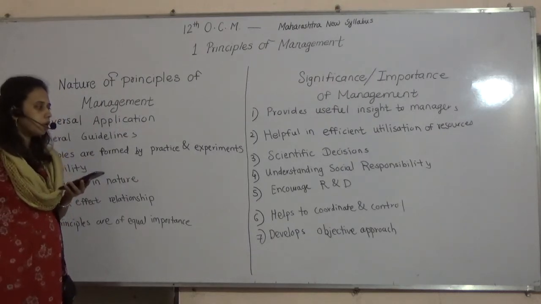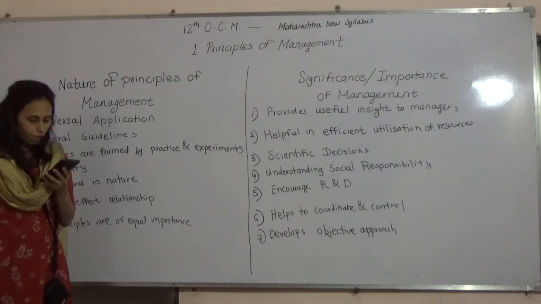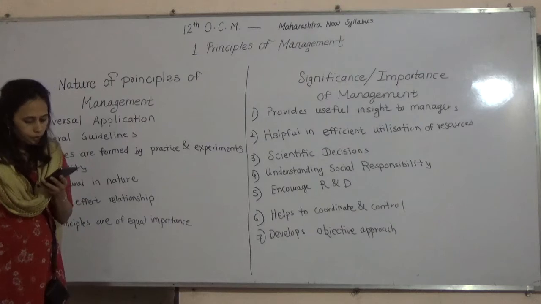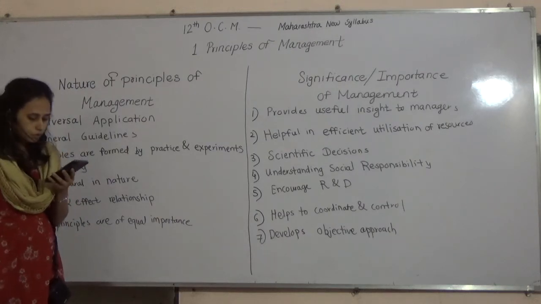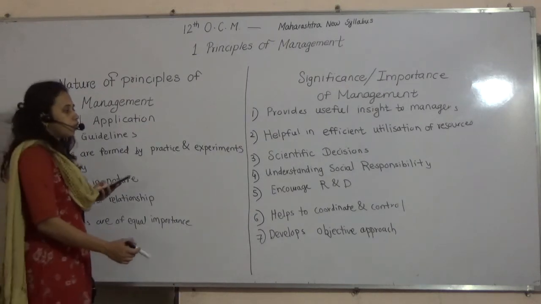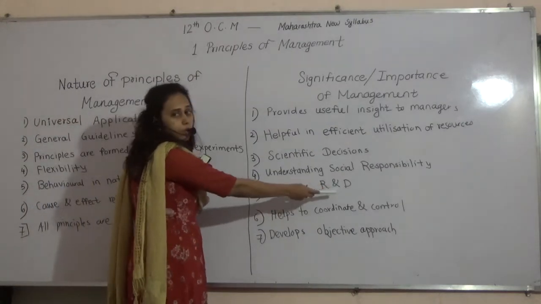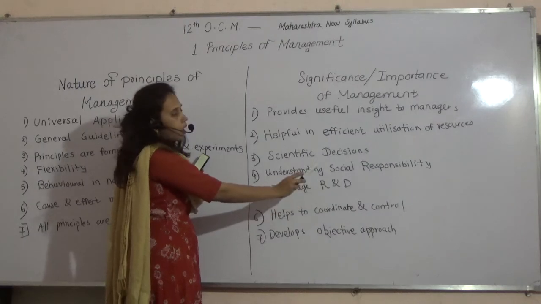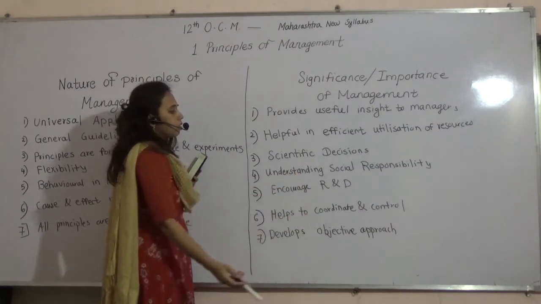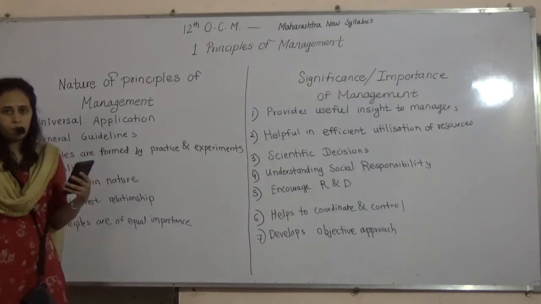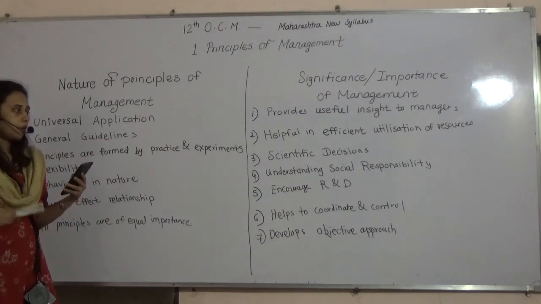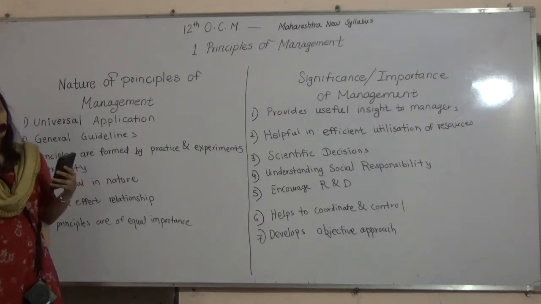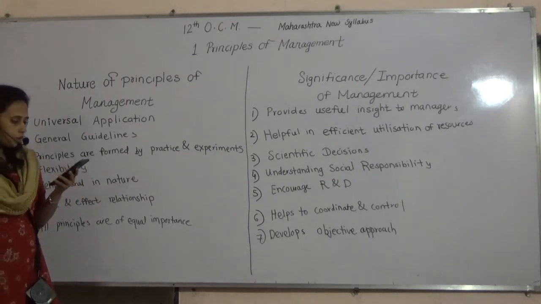You have to continuously do the research and development part. For example, the R&D department always works on finding new techniques in the field of production, finance, marketing. Every time, you have to do the research, you have to develop new ideas. And in management, you have to continuously work on the research part. Suppose I want to work on the production department, I have to find out the best techniques. So I am going to do research on it, and with the help of research, I will be able to develop a particular product, a new method.